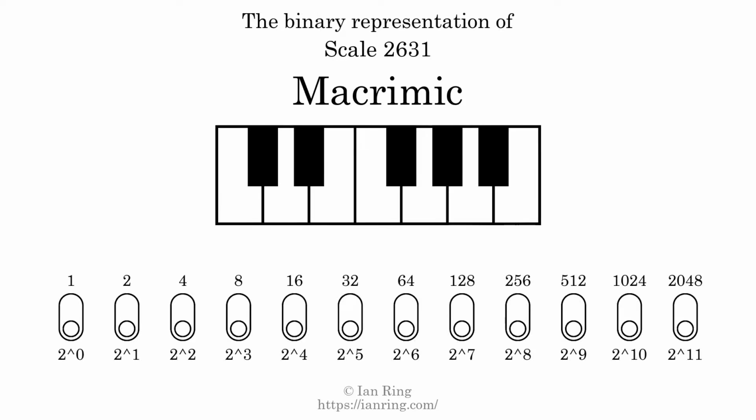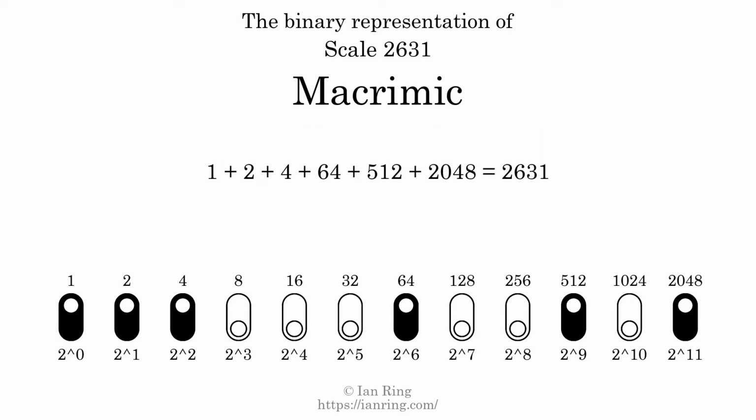The binary representation of this scale is determined by mapping tones of the scale to binary digits. Each binary digit represents a power of 2. To get the scale number, we add the powers of 2 together. The powers of 2 that are present in the scale, all added together, equals 2631. That is why the scale number, in decimal, is